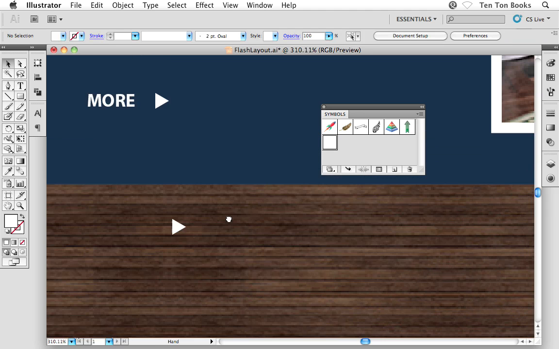And let's say, for example, I decide to make a change. Well, I don't want this guy to be white anymore. I want him to be blue, or I want him to be green, or I want him pointing down instead of pointing to the right, or whatever, right? So check this out. I'm going to double click on this symbol